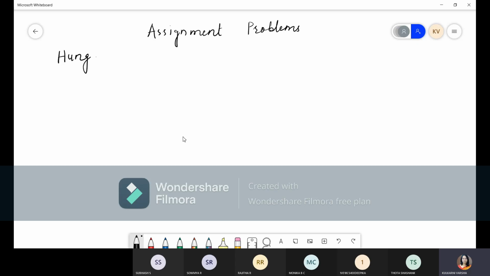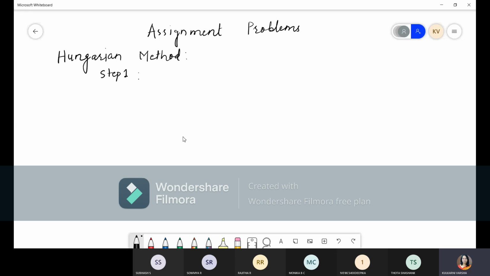In all the classes, the Hungarian method or Hungarian algorithm. Okay, so you will get this algorithm. I'll just text you, or I'll just upload the photo, or whatever notes are there. It is uploaded. In that you will get this Hungarian algorithm. So many times they have asked this. Just remember, what is step one?